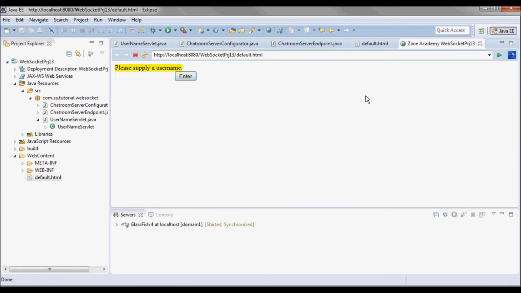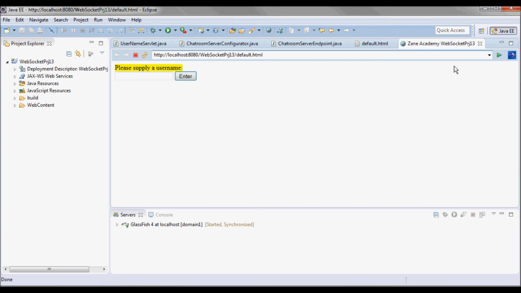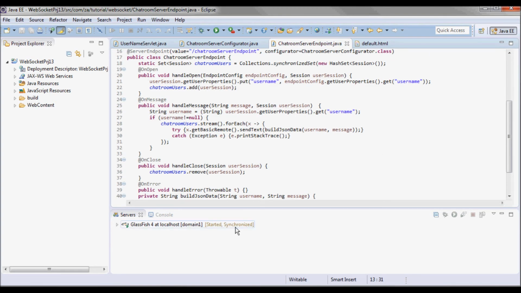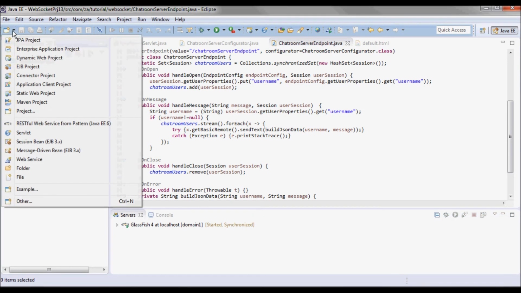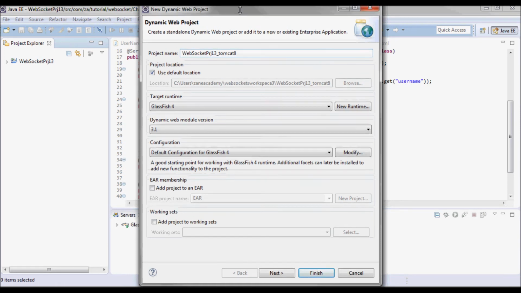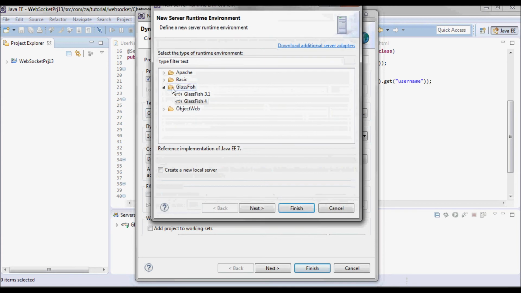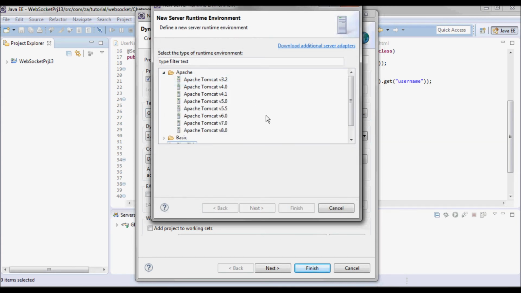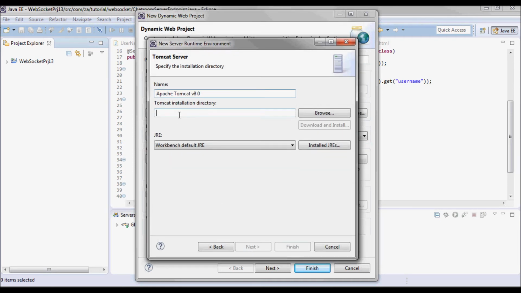So next, let me test run it also on Tomcat 8. So to make it cleaner, let me go ahead and create a new project. Call it WebSocket Project 13 Tomcat 8. And I have my Tomcat in this directory.